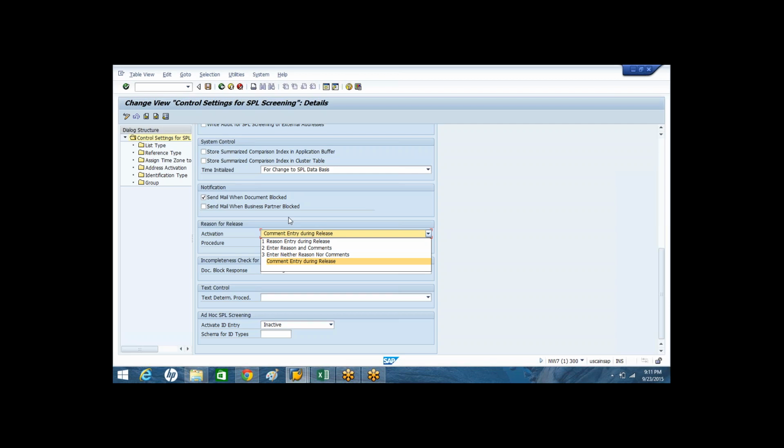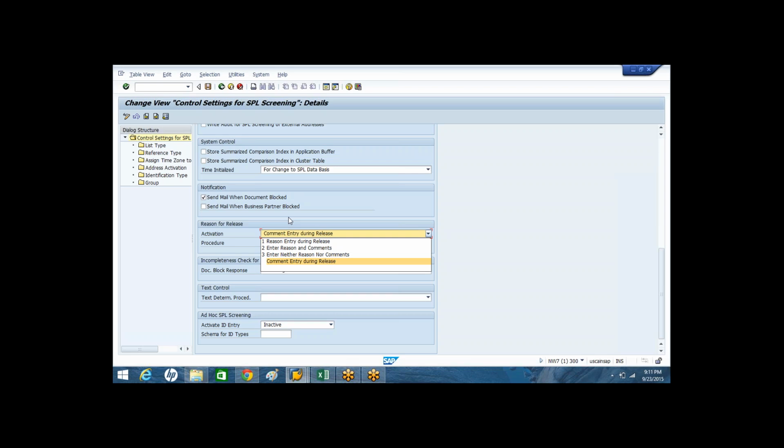You can ask a question to your clients, to your business process owners, when your users are removing the SPL blocks, what kind of restriction or what kind of options you would like to consider.